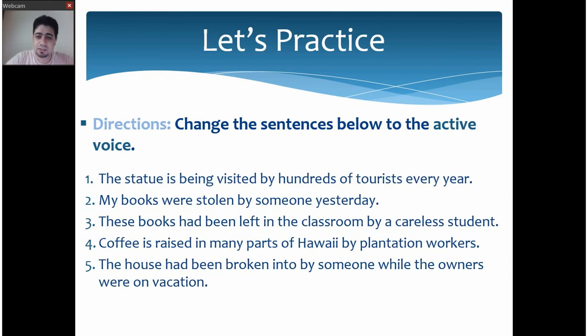Now the second part of your homework is the opposite. Change the sentences back to the active voice. They are all in the passive voice. You have to change them back into the active voice. Again, you can pause the video for your convenience, read them carefully, and then give me your answers. You can answer by